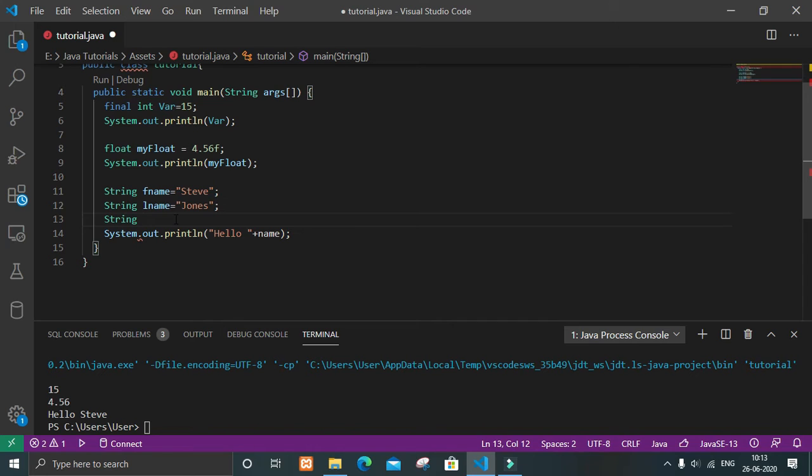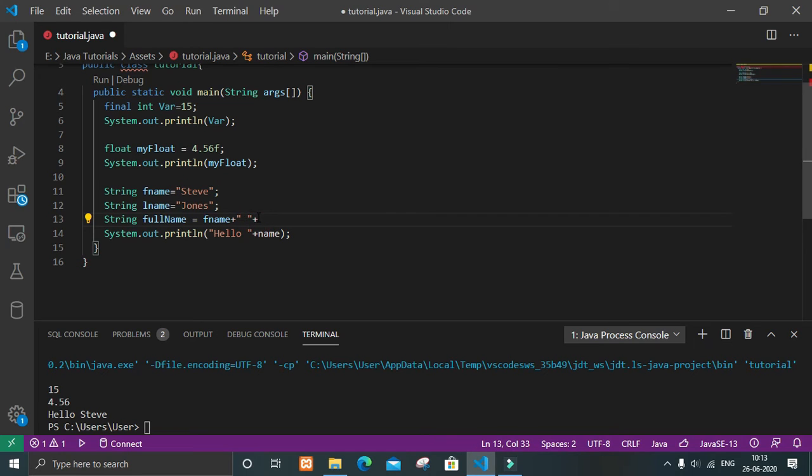Let it be fullName, and let's say name plus a space, because whenever you concatenate two values, there is no space in between, so you have to give the space ourselves.